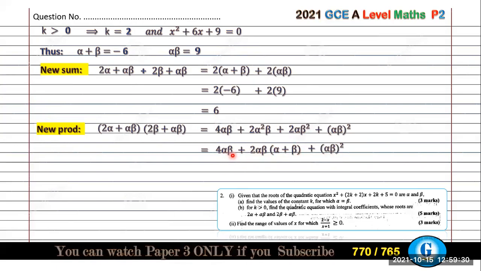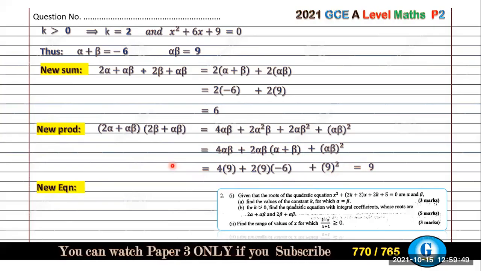Now we know the values of alpha beta and alpha plus beta, so we just substitute those values here and simplify. All right, so this is what we have, dear candidates. So therefore our new product is equal to 9. When you simplify all of this, you'll have 9. And therefore our new equation will be given by x squared minus sum of roots plus product, which is going to be x squared minus sum of roots, that is minus 6x